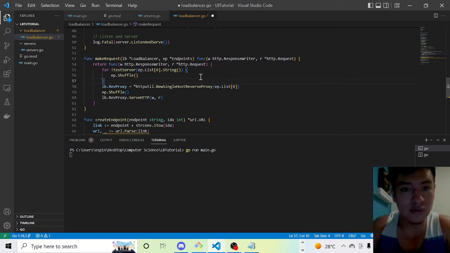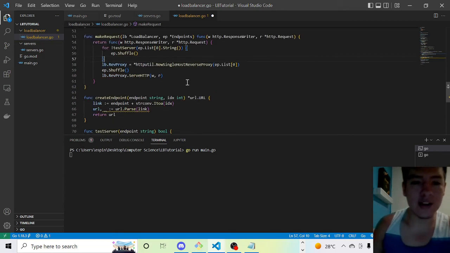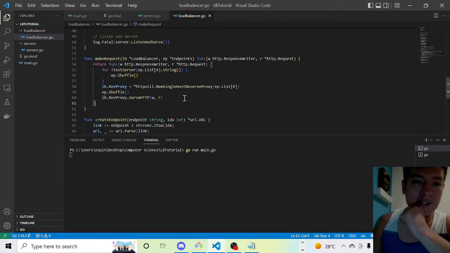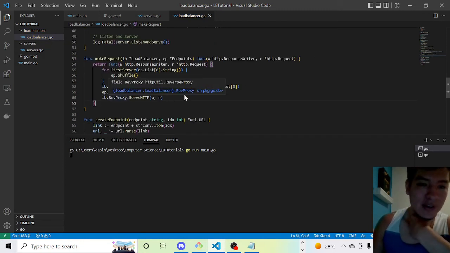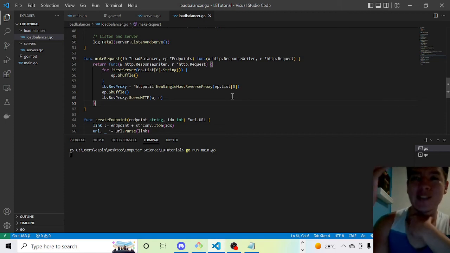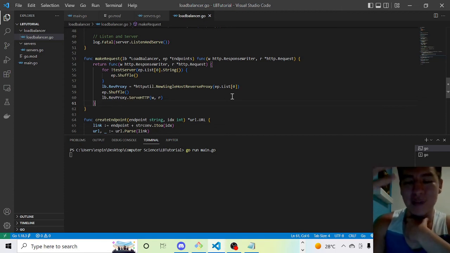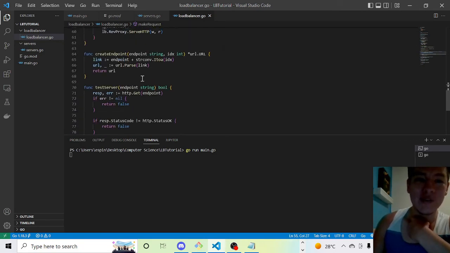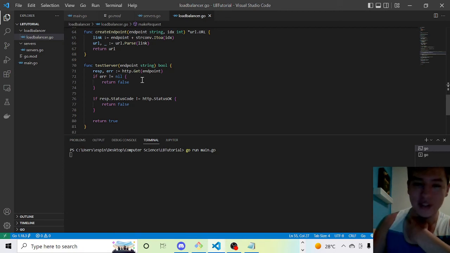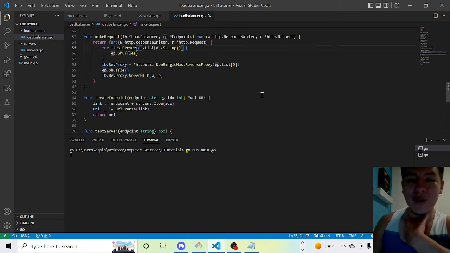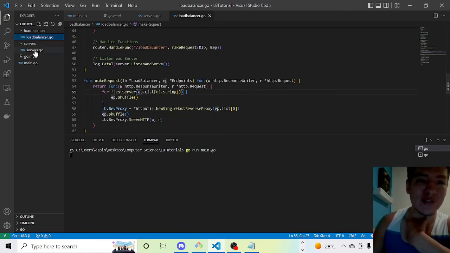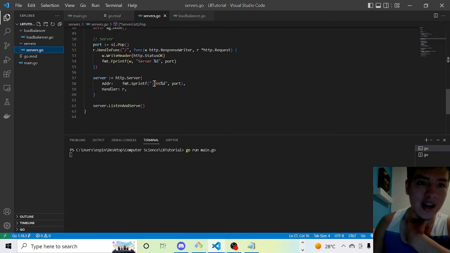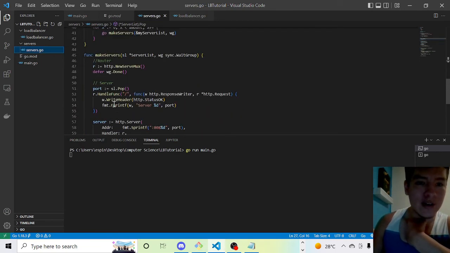Now, let's go ahead and see if this is going to work. I think I'm missing something though. Oh, right. We have the code to make sure that the endpoint is healthy. Now, how to make the server shut down? How to make it shut down? Well, we'll actually have to go back to servers.go. Now, here within our make servers